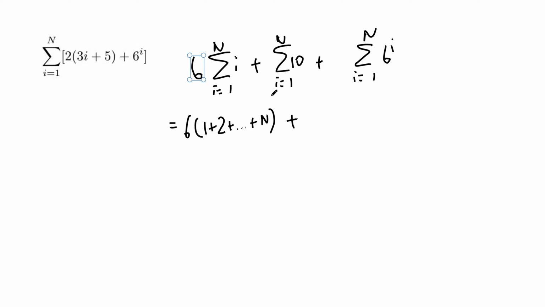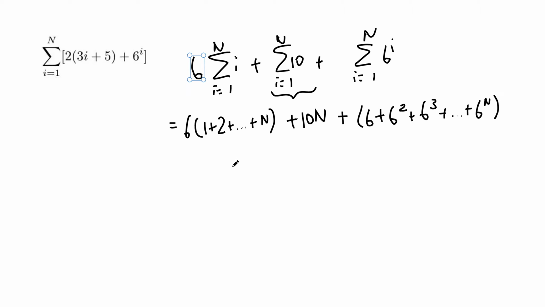Now let's look at the next summation. Do you realize this is actually a constant? So we're adding the same constant many times, and we are adding it n times because we're going from 1 all the way to n. So this is just 10 times n. And as for the last one over here, we are adding up 6 to the power of i from 1 all the way to n. And so doesn't this look like your geometric progression? So we have 6 plus 6 squared plus 6 cubed plus all the way to 6 to the power of